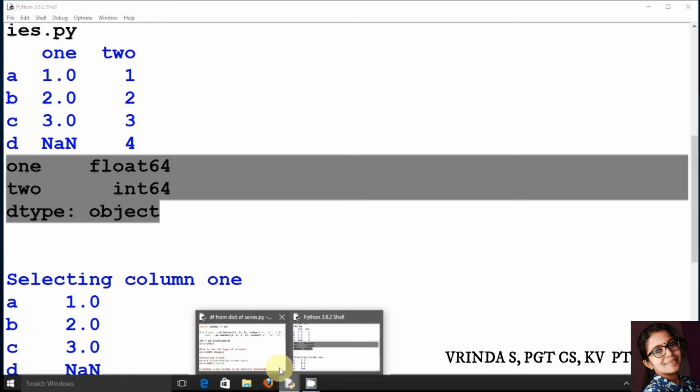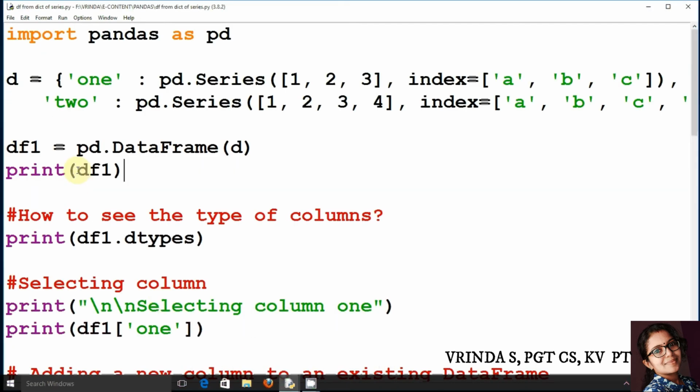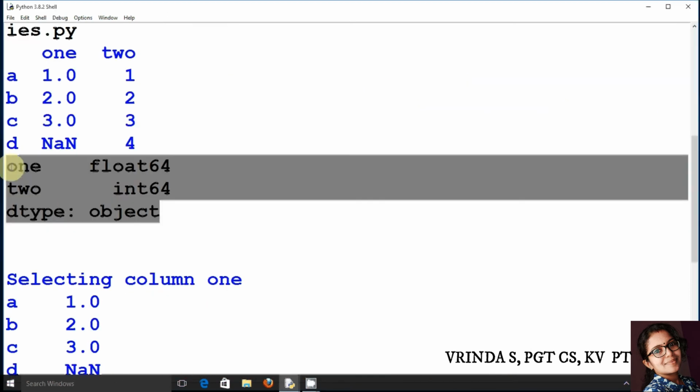I said we can see the type of values in the data frame. df1 and its types can be displayed using dtypes, and this is the output for that. First column, 1, it has float. Second column, 2, it is int, and the data frame type is object.